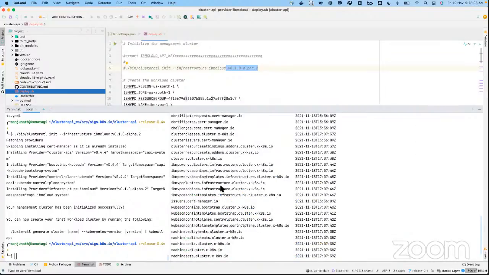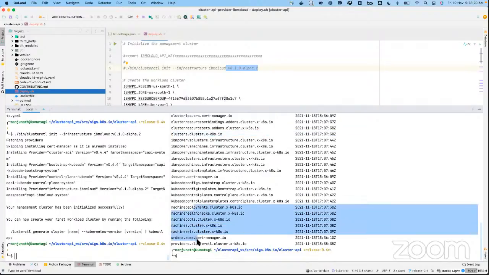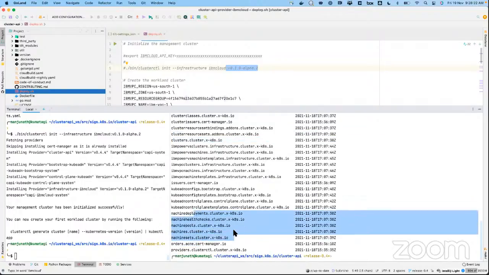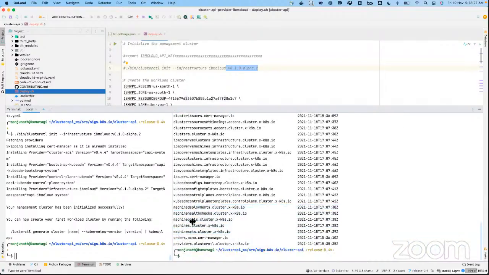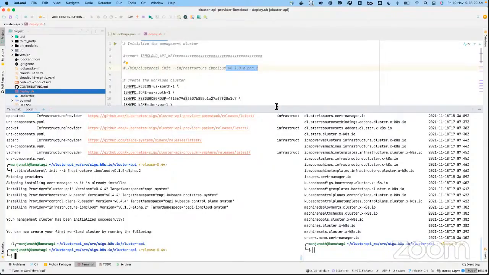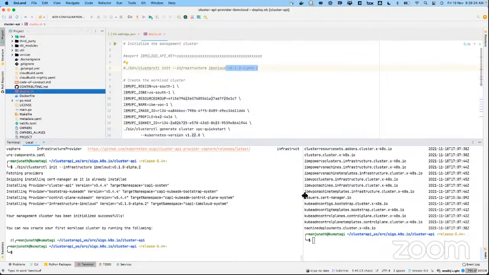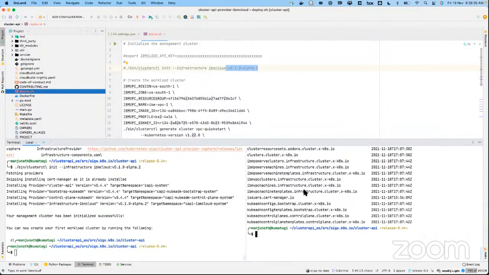And also it deploys a bunch of CRDs for handling your machines in IBM Cloud, and then of course the Cluster API cluster and a lot of other CRDs which come with the Cluster API core component. All right, so any questions? I'll pause for a second. Okay, if no further questions, so this is mainly meant for till this time.